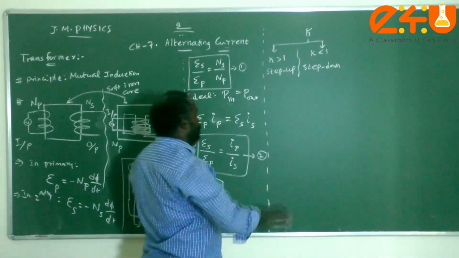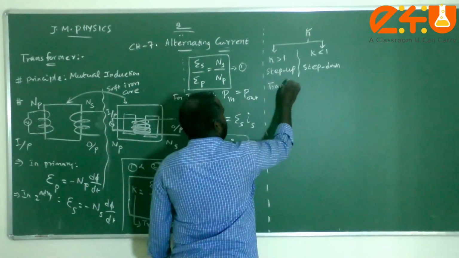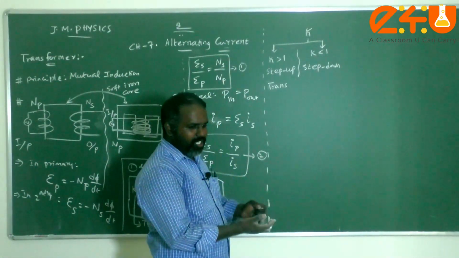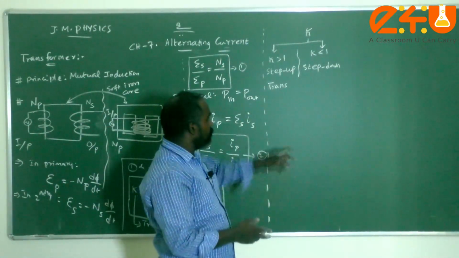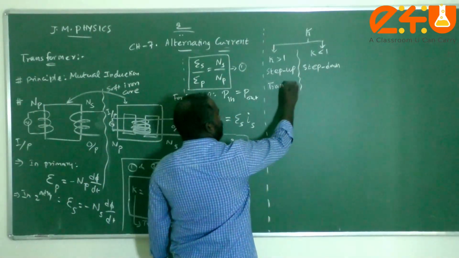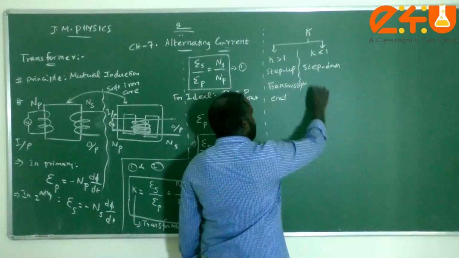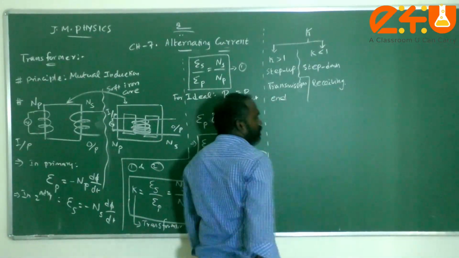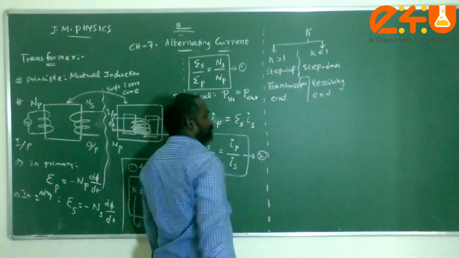Generally the step up transformers are used at the power transmission end. For example, there is a power station which generates the electric power. To transmit that, they have to step up the produced electric current or voltage. Therefore, it is used at the transmission end. And the step down transformers are used at the receiving end. So, that is the information about the types of transformer and where they are used.